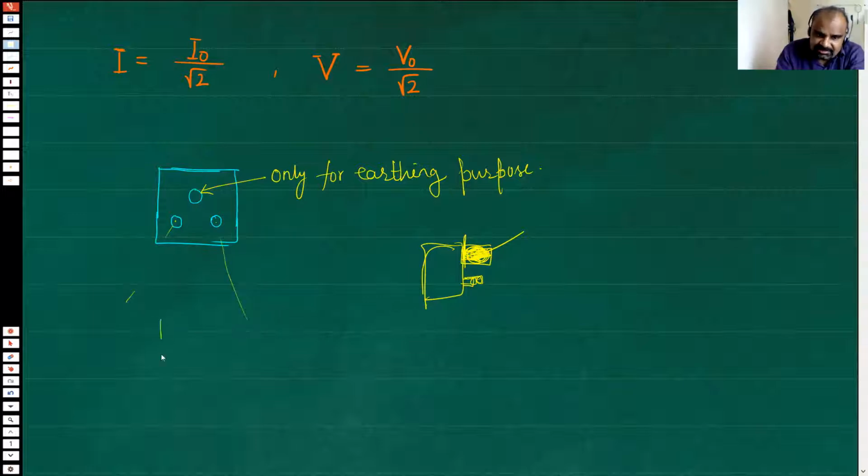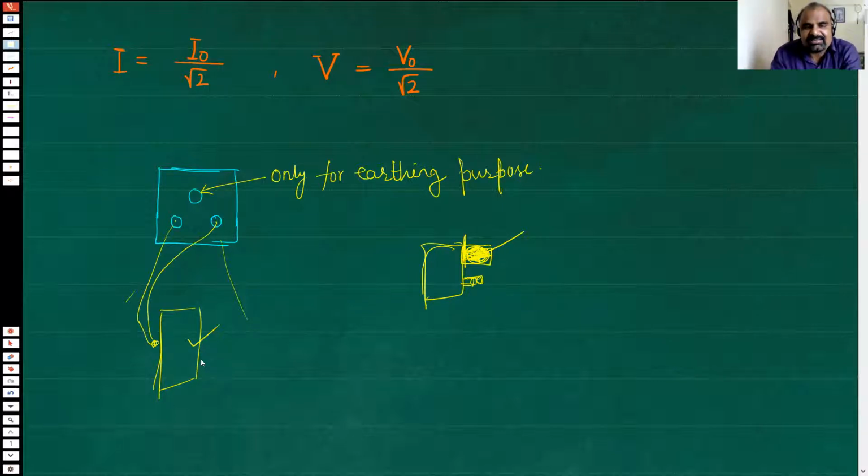Like suppose there is a fridge. This is the fridge, and this plug you inserted over there. The fridge will work. But there is a risk. What risk? Actually, fridge, AC and microwave oven are high voltage, high power devices. Like a microwave oven is 1,000 watt or maybe even greater. AC is at least a 1,500 watt device.